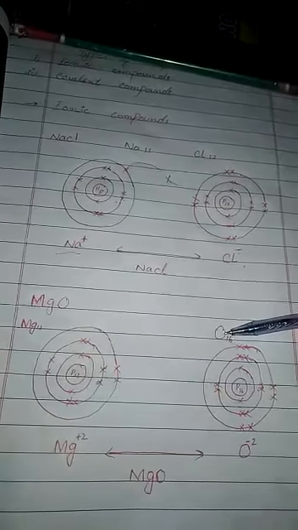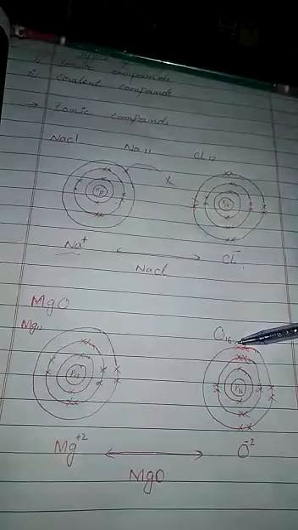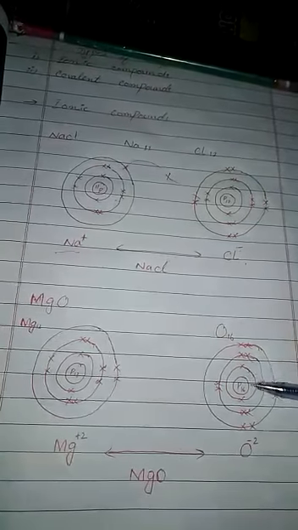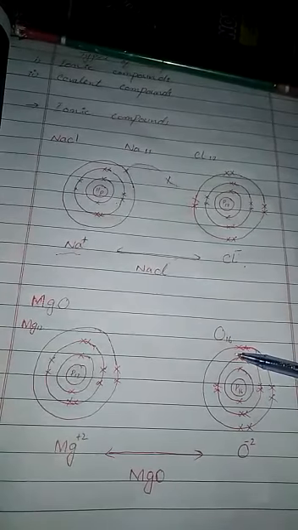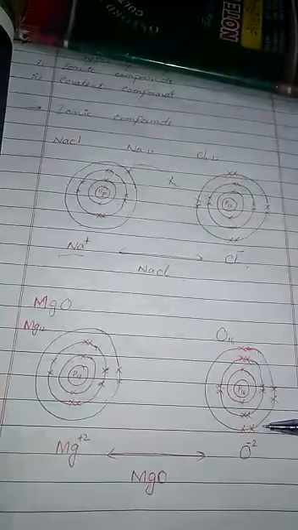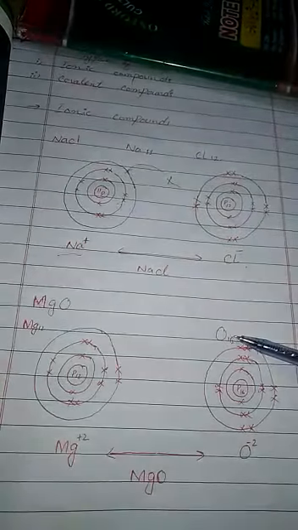On the other hand, the atomic number of oxygen is 16. The arrangement of electrons in oxygen is 2 in the first shell, 8 in the second shell, and the remaining 6 electrons are present in the outermost shell. And its outermost shell has 6 electrons. It needs 2 more electrons to be stable. So,